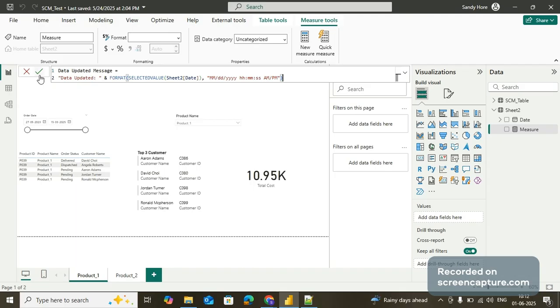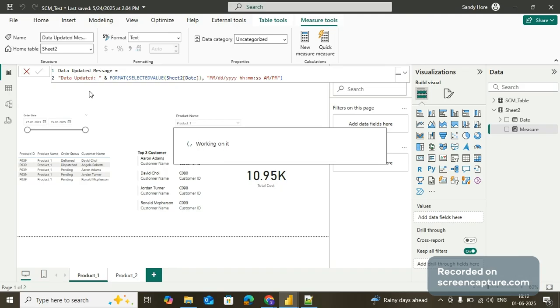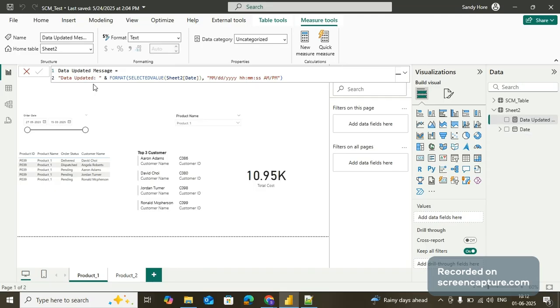Now I will click on commit. It will print the date updated time with these two hard coded words and this gap. Okay,